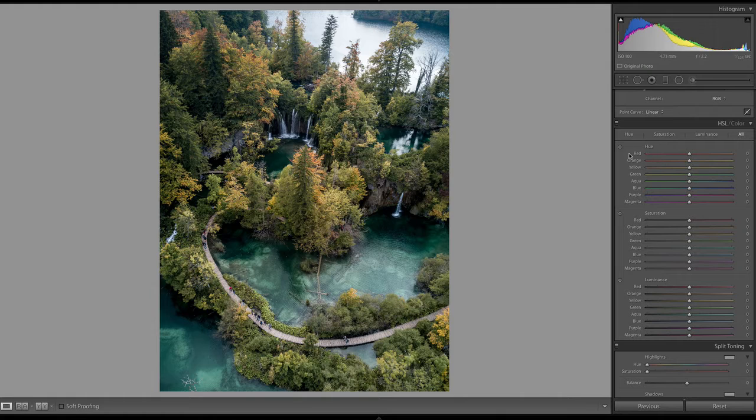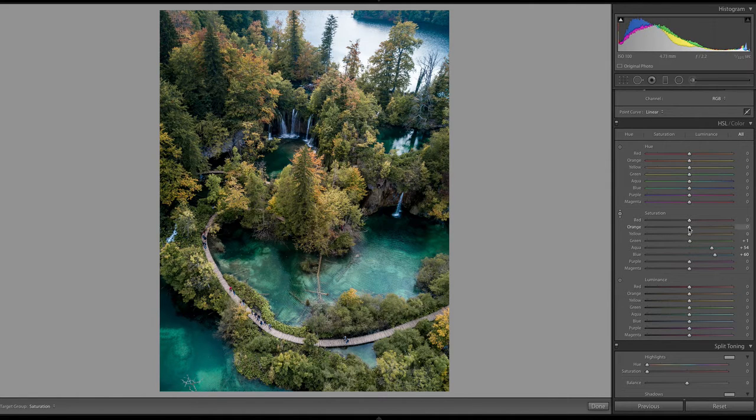So I'm going to actually start by clicking on this button. I'm going to go into this pool and bring up, that's this aqua color, which I could, if I just wanted to, drag this slider up. And that's sometimes what I do. I click to see what color it is. And then when I know that it's aqua, then I'll play around with the slider itself. I might even bring up the blues just a little bit.